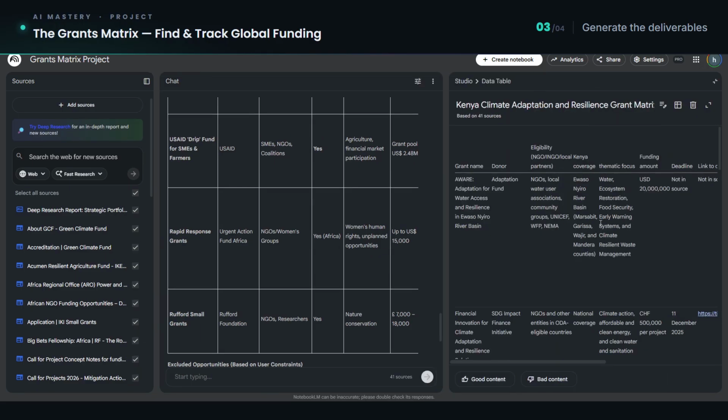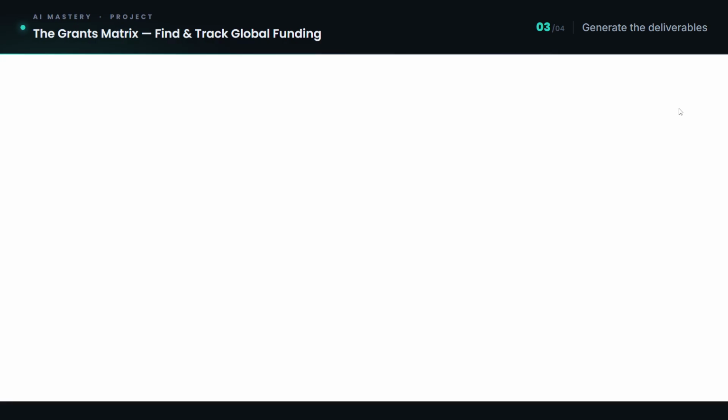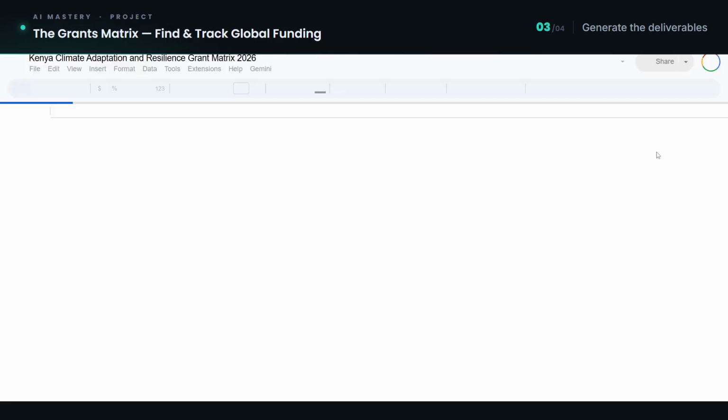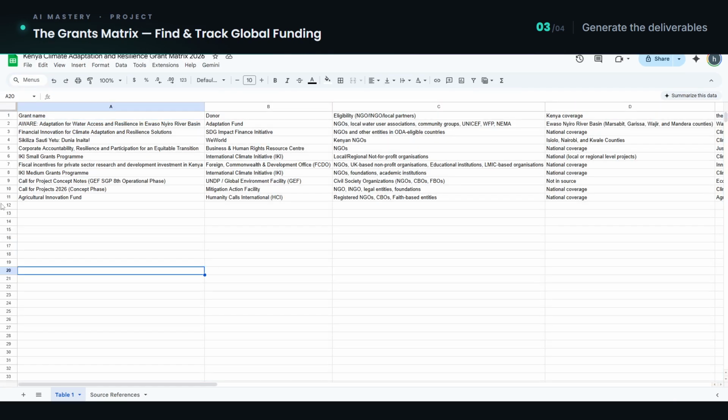You can click the data table. Let's expand here. Maybe you are not able to read it well, so what we can do is export to sheets. Then it will take us to a spreadsheet where we will be able to see the rows and columns clearly. All right, as you can see here, this has returned 11, and those are the donors,